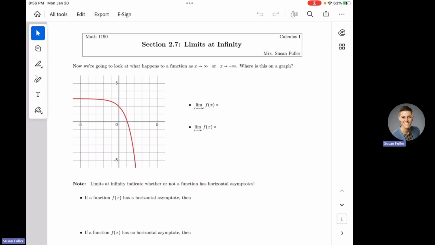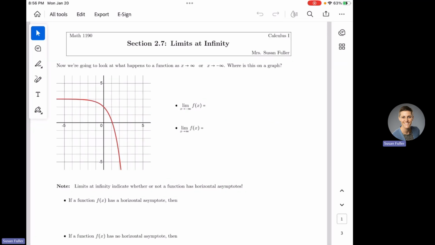Okay, so section 2.7 is limits at infinity. So we just did trig for a while. If you need your brain break, pause, take your 3 to 5 minute break. If we were in class, this is where I would give you your chance to shake it out and then come back. So if you need to do that, go for it. Otherwise, we're going to rock into section 2.7. And this is very different. We are done with the trig limits for now, and now we're starting something new.